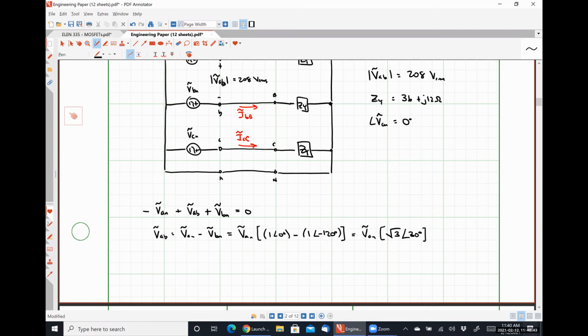Yep, 1 minus 1 angle negative 120. Convert it into, yep, root 3 angle positive 30 degrees. Okay. So based on what I know then,